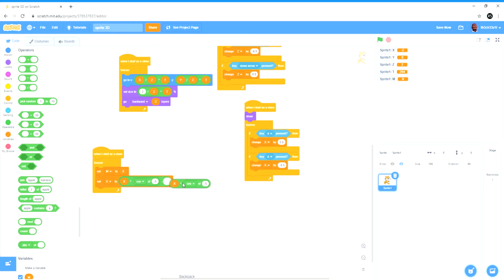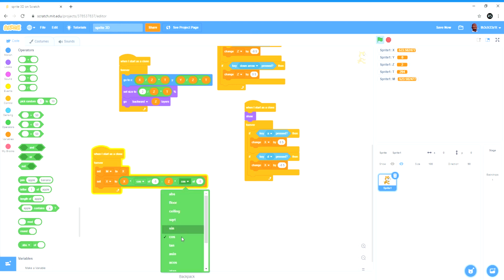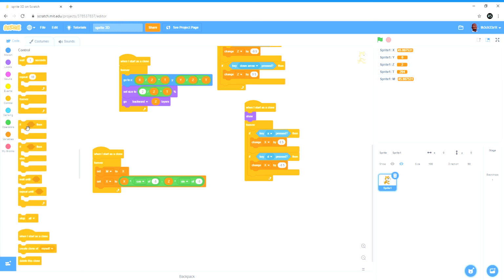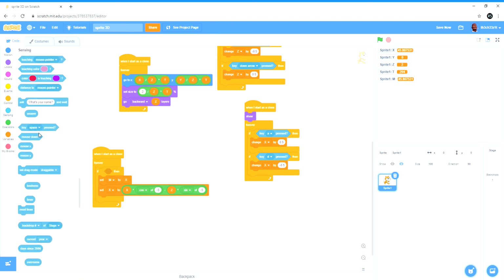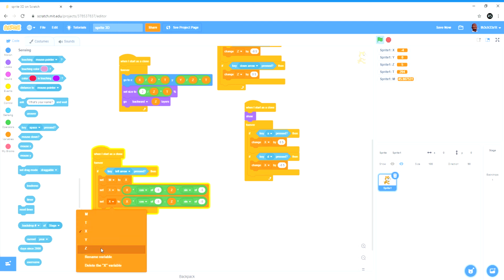Now just duplicate that whole portion, change the X to Z, change cos to sin. Oh shoot. Put all of this inside an if left arrow pressed block. If key left arrow pressed. So yeah. Now duplicate that, make it set Z to M